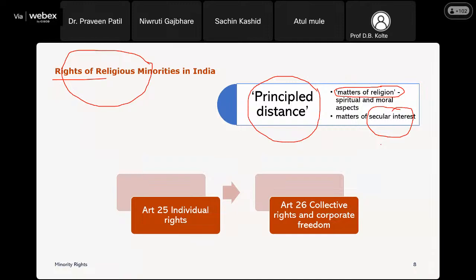The state says this is secular, not in the interest of the state. The state is not going to keep quiet, and therefore the state is going to intervene extensively in the rights of religion. These two aspects combined together